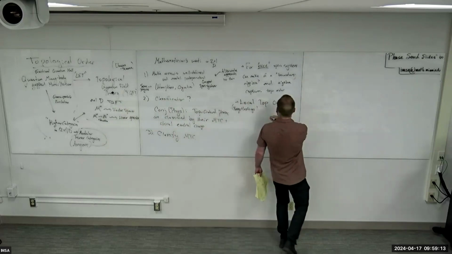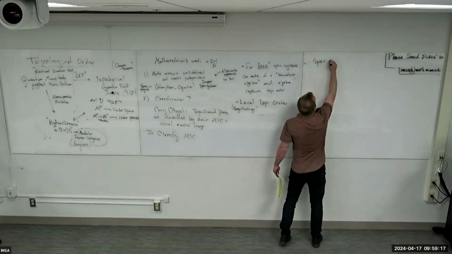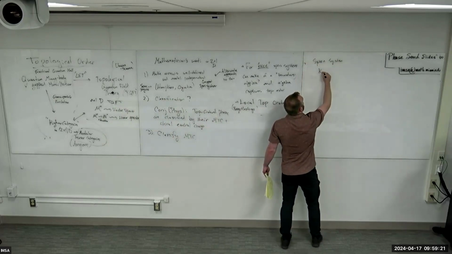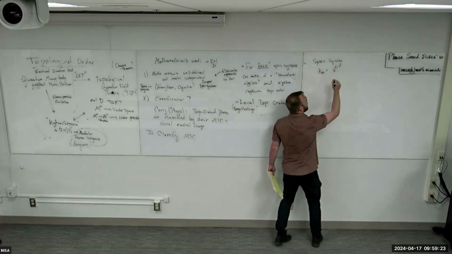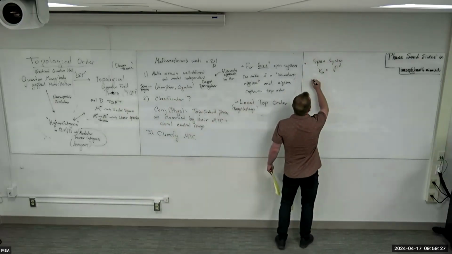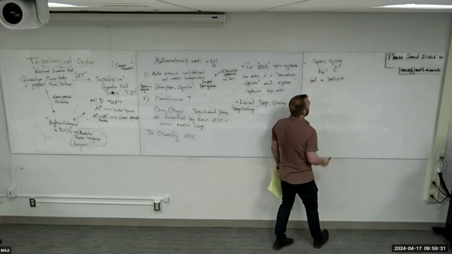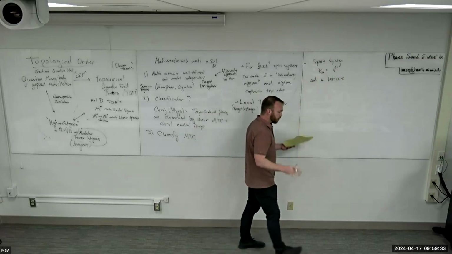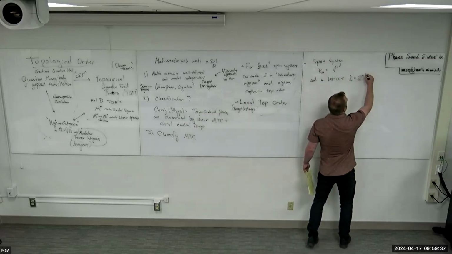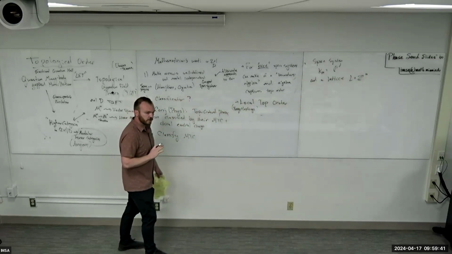Let me come over here. So what does that mean? We have a local Hilbert space. The Hilbert space I assign to a point is just going to be C to the d, some finite dimensional Hilbert space. And we have a lattice. The details of this lattice aren't important. You can essentially have any kind of discrete metric space that you want. But I'm going to assume it's like Z to the n or something, just for simplicity. But you can have hexagonal lattices. The symmetry of the lattice is completely irrelevant.